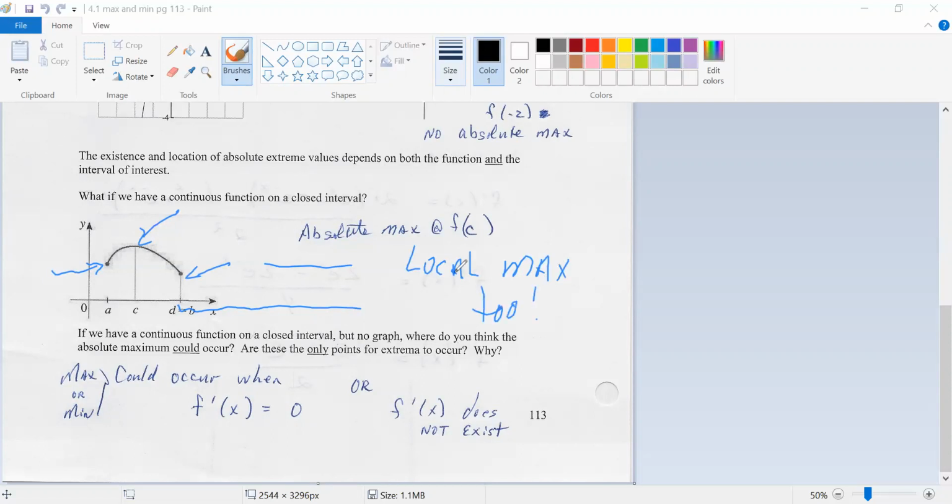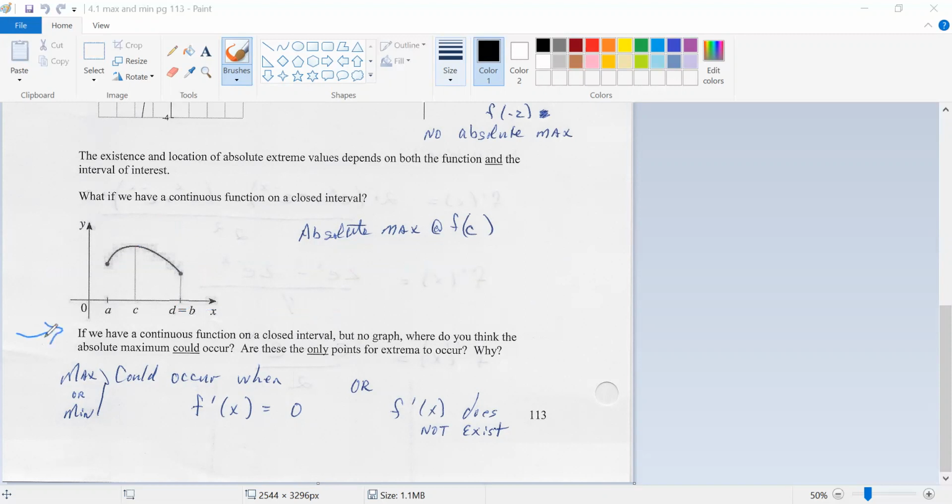I apologize for the handwriting, but like I said, it's the best I got. So you're going to have an absolute max wherever X is C, or where the input is C right here, because the Y value is above not only the endpoints, but it's at the top of your graph. Now, something that we need to start paying attention to,